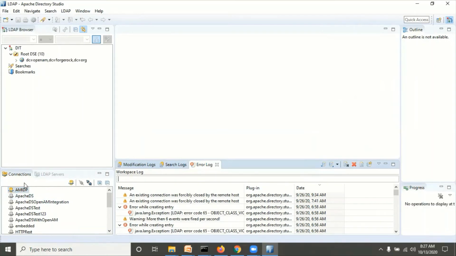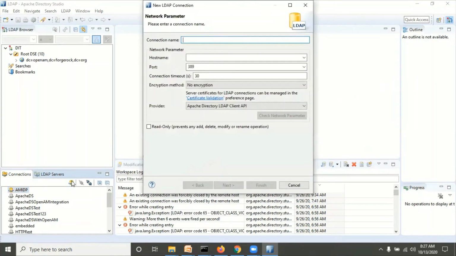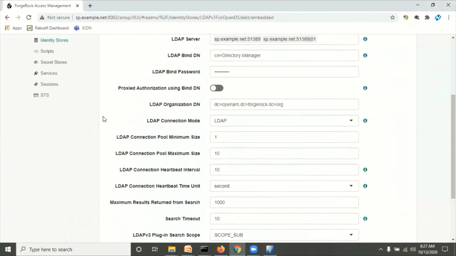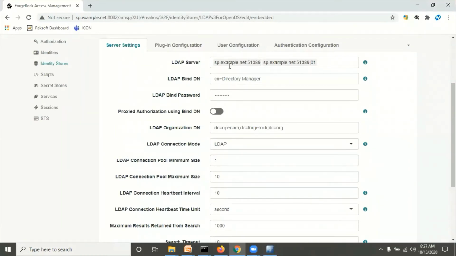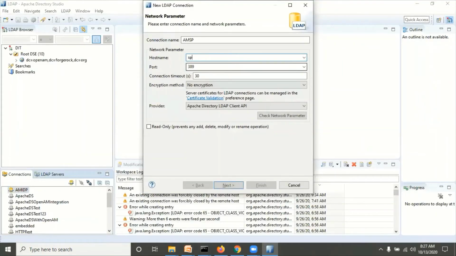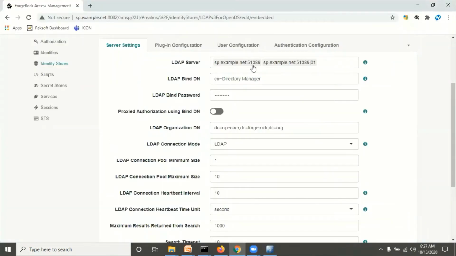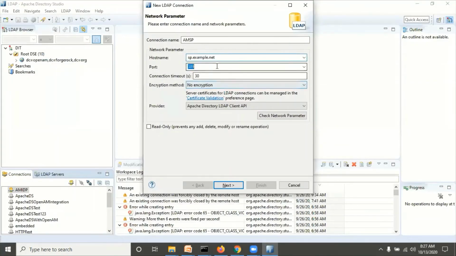The same way we can access the SP embedded OpenDJ also. I'm giving the name AM SP, service provider. Now go to where our SP is, and give sp.example.net. sp.example.net is the host name and the port is 51389.